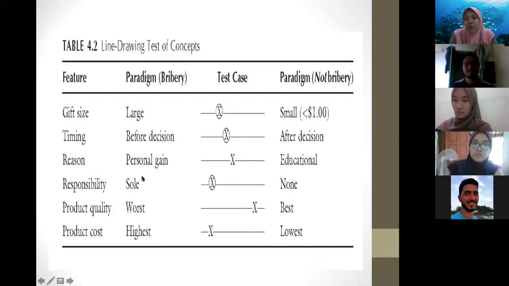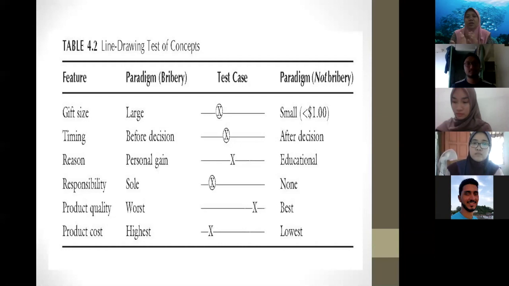So to do line drawing is like this. You write down the parameter or the feature over here, and the paradigm, is it large or small? So you put the opposites, large and small, before decision, after decision, you make a line. And then it is not technical at all. It's just to show, in the end, you can see visually